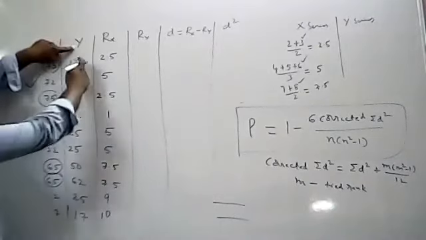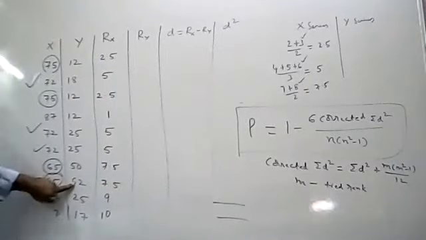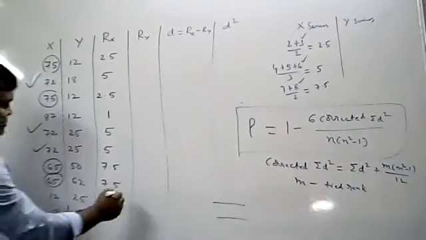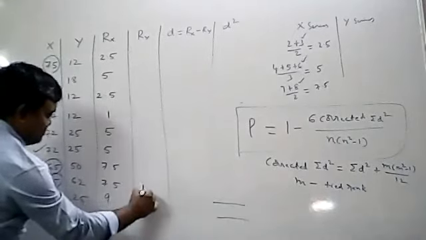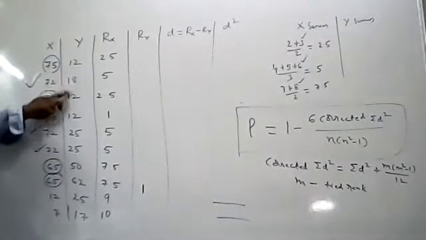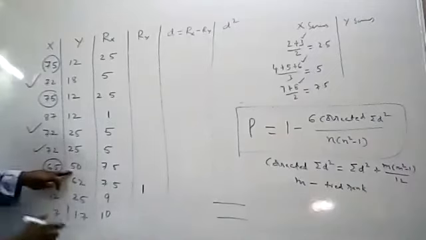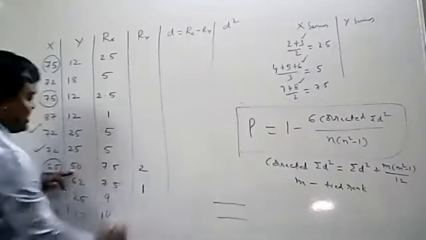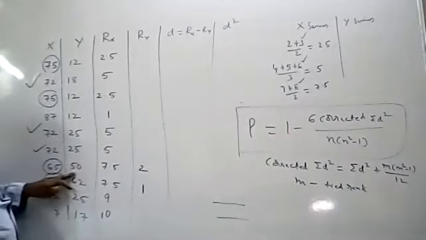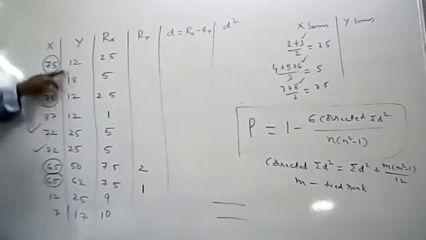Again, the procedure is the same. Go for the highest value. What is the highest value? Highest value is 62. How many times is 62 there? Only 1 time. 1 time means there will be no problem. Rank number 1. So 62 is completed. Next highest value. After 62, it is 50. Only 1 time, so directly you can assign second rank. So for this 50, second rank.